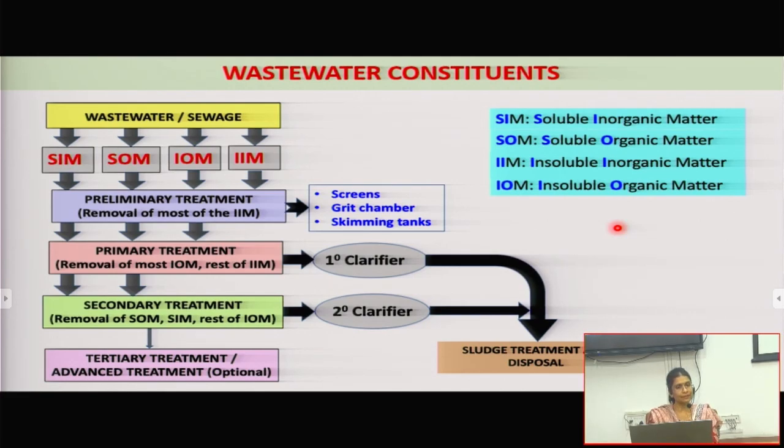So the way we deal with organic pollutants is very different to how we deal with an inorganic. Then once I have these 2, I have 4 different combinations of this, right? Of which, if I were to give an example of a soluble inorganic matter, can you give me an example of a soluble inorganic pollutant? Anyone? From wastewater. It is heavy metals, very good. Something else? Something which is commonly found, let's say, even in our campus wastewater. It is soluble and it is inorganic.